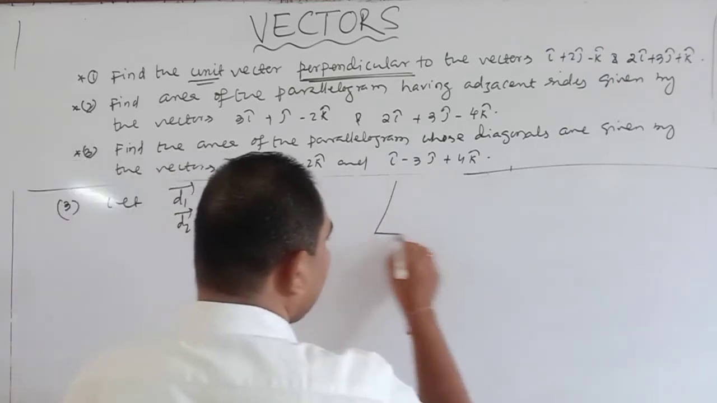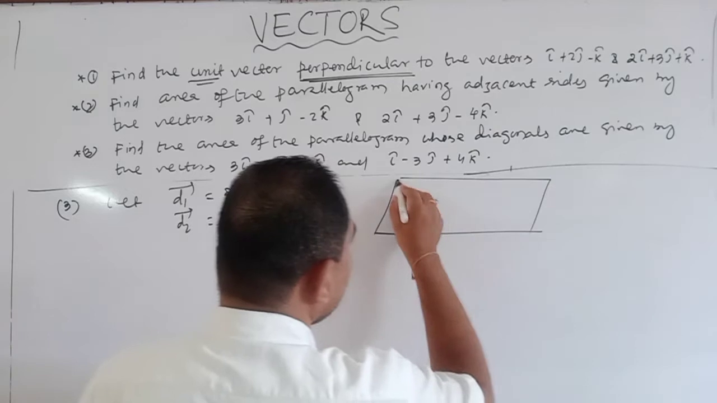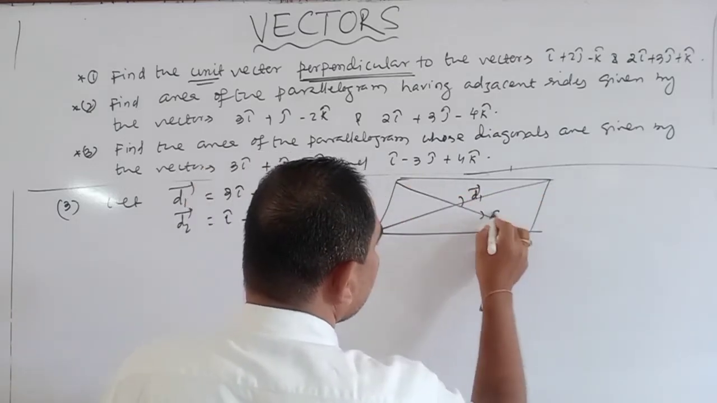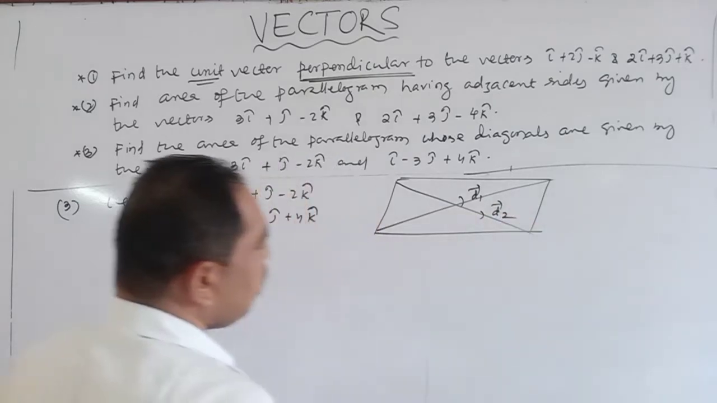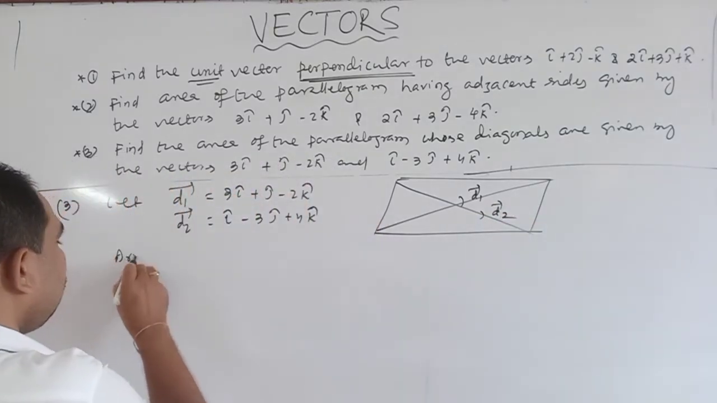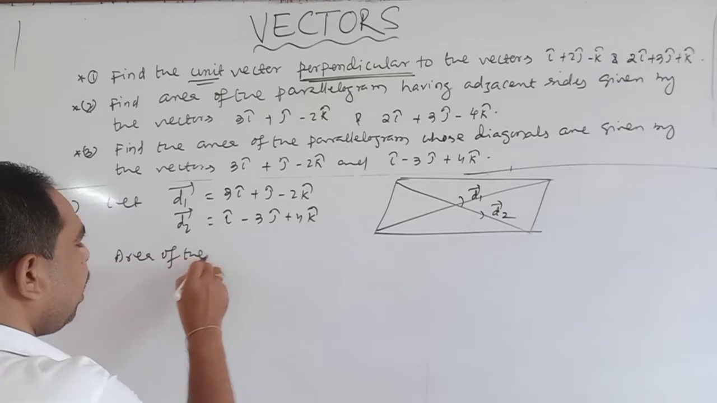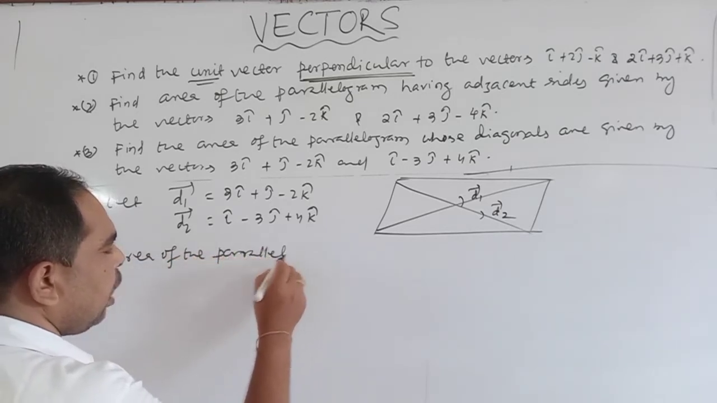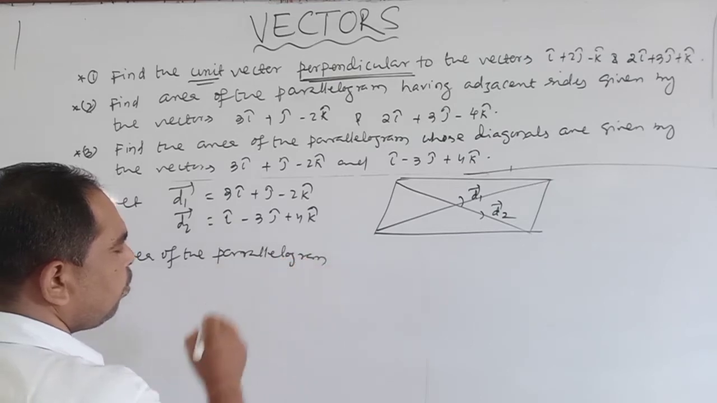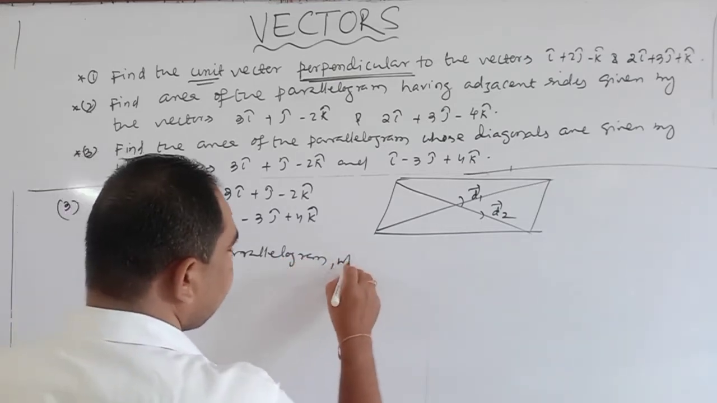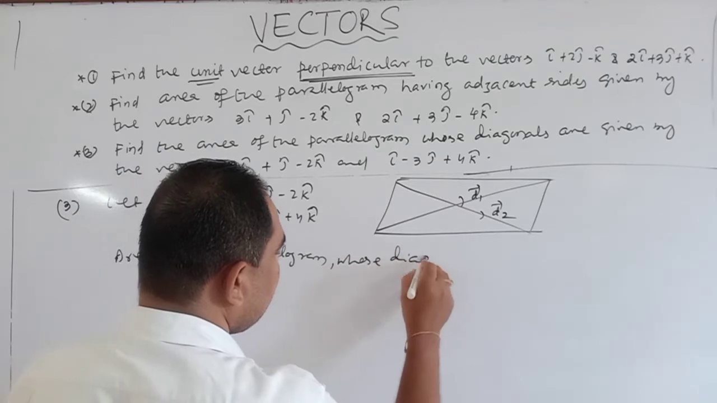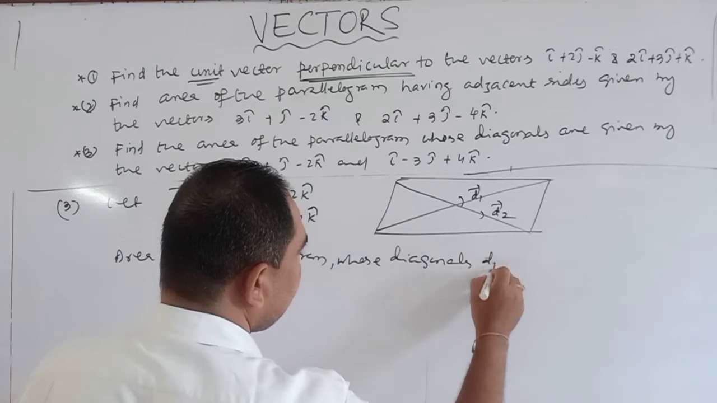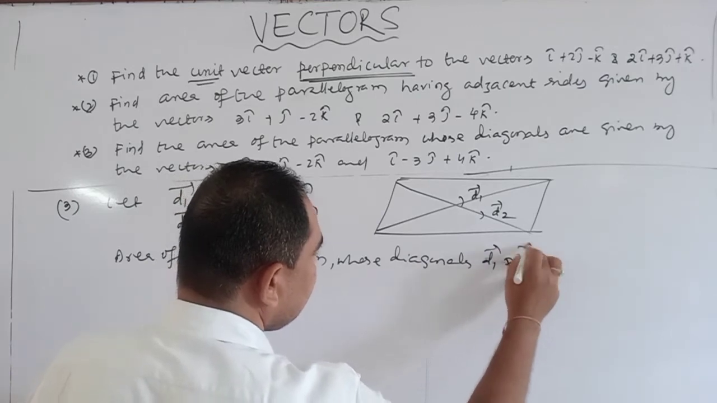So this is the parallelogram. This is d1 vector and this is d2 vector. Okay, so the area of the parallelogram whose diagonals d1 vector and d2 vector are given